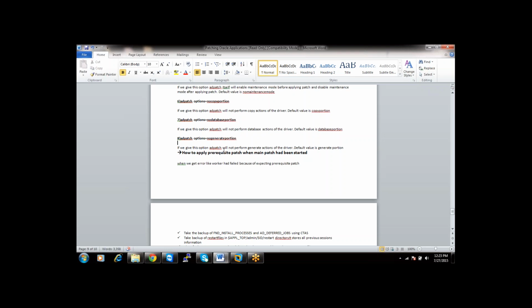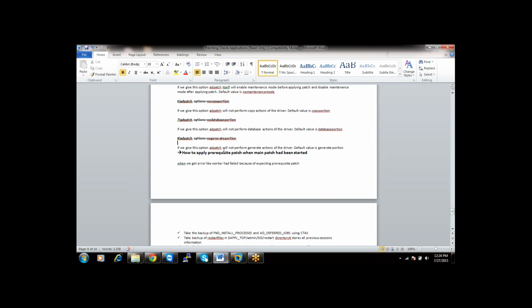So the hierarchy will be, first you have to apply the patch in the internal node. External is nothing but your proxy server. The proxy server is where end users apart from your organization will be trying to connect to the application, for example some third party vendors. They will be using the external application in order to connect to your database. Your external applications will be placed in the internet, whereas your internal applications will be placed in the local area network, the LAN. This is just an example.